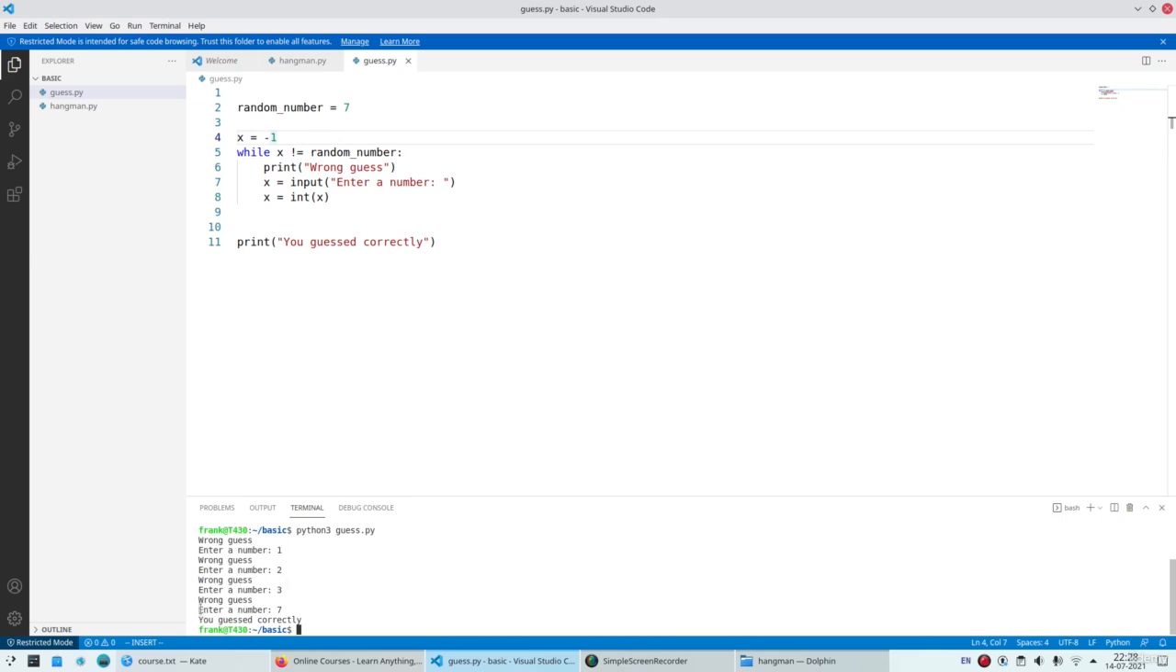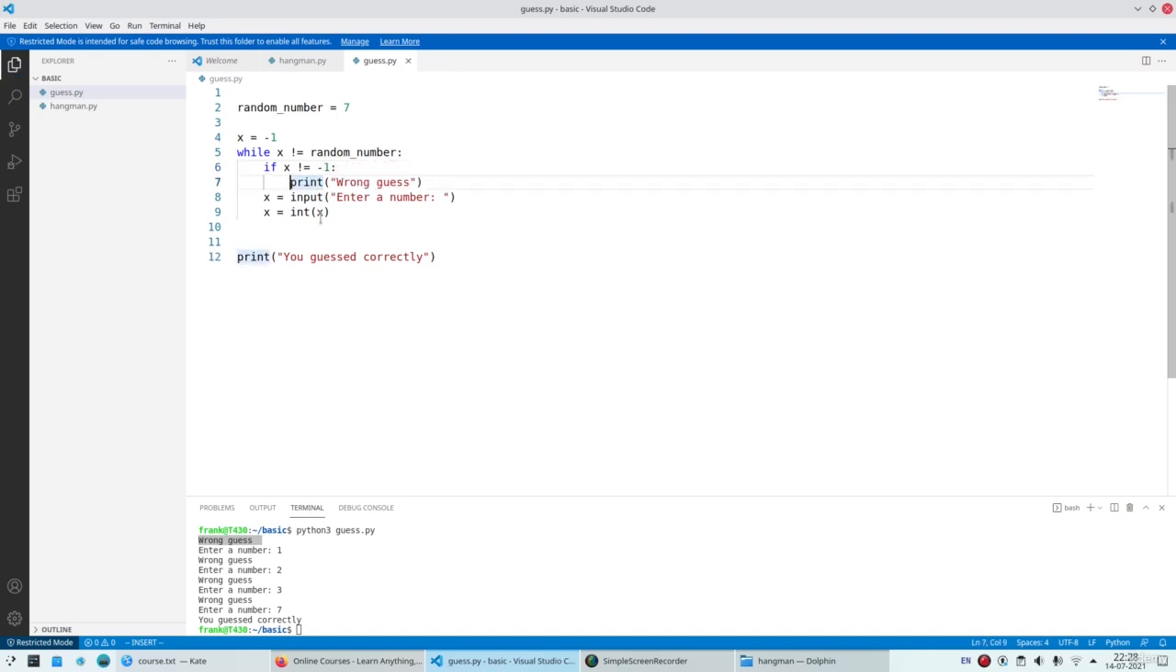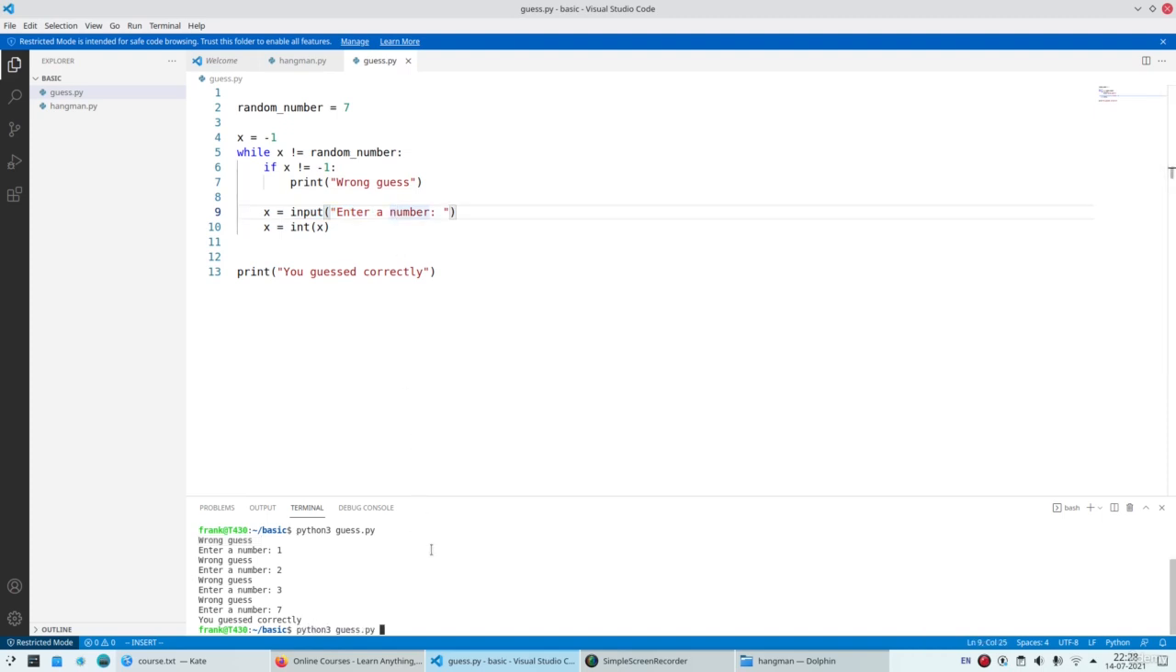And you'll see if we guess it correctly, it exits. However, it immediately tells us the guess is incorrect. And that's because it immediately outputs that in the loop. So we can say if x is not -1, otherwise continue. So now if we run it, you'll see it doesn't immediately output